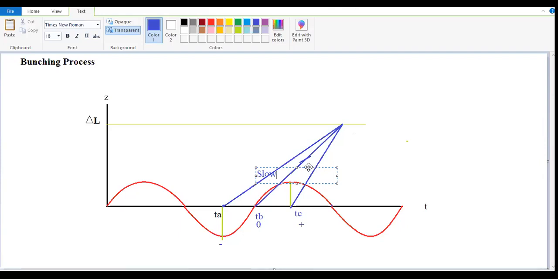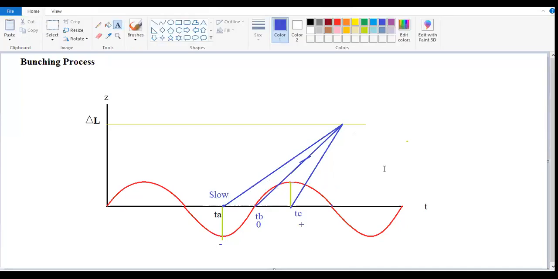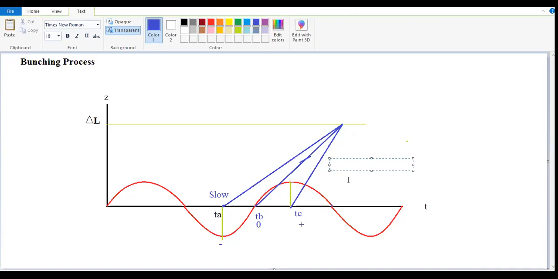This electron, the first thing, they are going in a slow manner. But if you see the second one, that is TB, they are going with the normal speed. And this TC is positively charged. No, electrons are negatively charged and this is positively charged. So it increases the velocity. So whatever the distance covered by this electron, it is in a very short time. So the speed is what? They are fast.